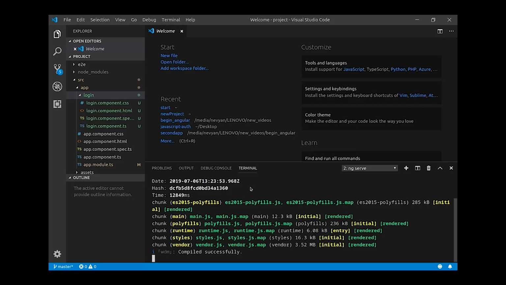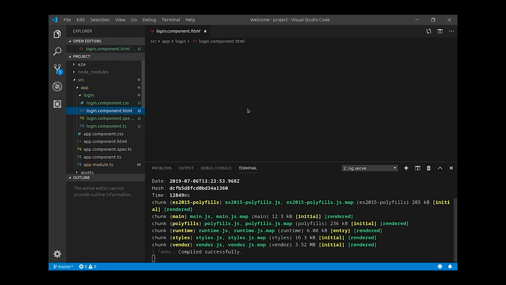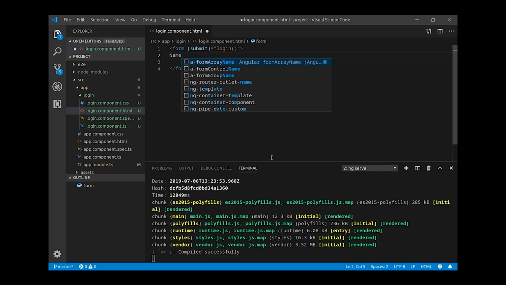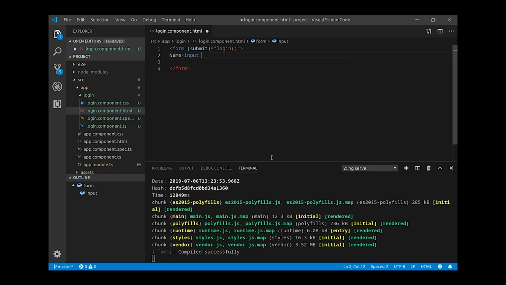We'll go back to Visual Studio Code and open our login component .html. We'll delete this text here and create one form. So we'll type form and then bind to the submit event a function called login. Afterwards, inside of the form, we'll have two fields, name and password, and one button. So type name, it will be of type input, and type text